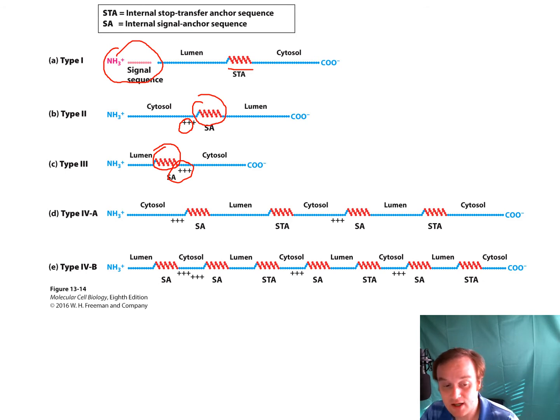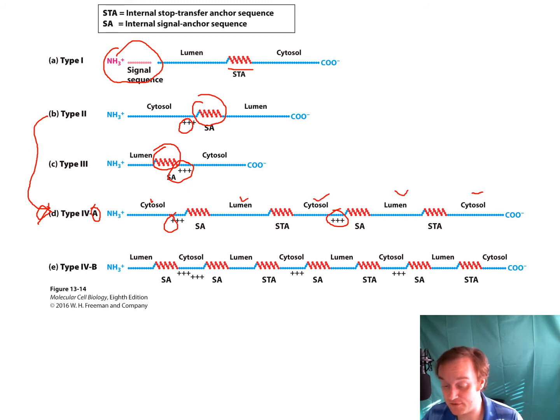So in type 4, there's no N-terminal signal sequence. The only one with an N-terminal signal sequence is type 1. The N-terminus ends up in the cytosol, or sorry, these are type 4A, so there's A and B. In this one, the N-terminus is in the cytosol, and there are these alternating kind of type 2, so I'm going to put that down here, SA, where there are the positively charged amino acids on the N-terminal side, right? And so as you can see, we have then alternating cytosol, lumen,